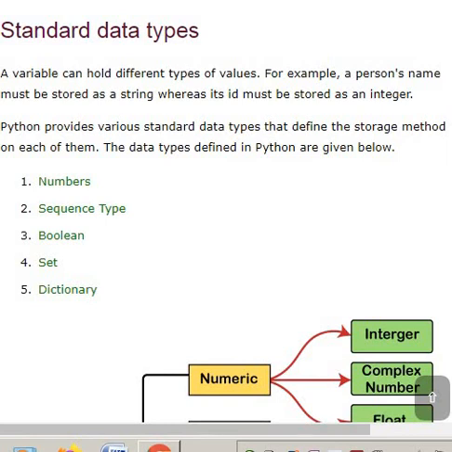Based on our requirement, we need to decide which data type to be used. A person's name must be stored as a string only, whereas an ID must be stored as an integer. So we have numbers, sequence type, boolean, and set, dictionary, and etc. in Python.